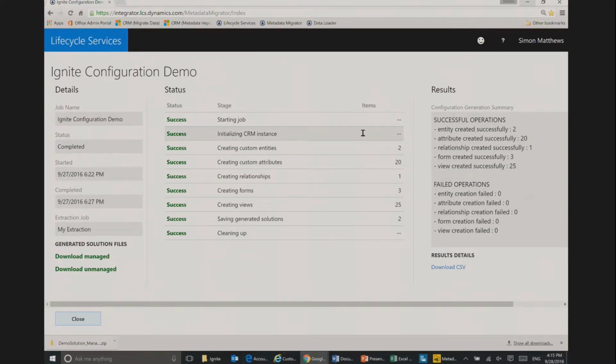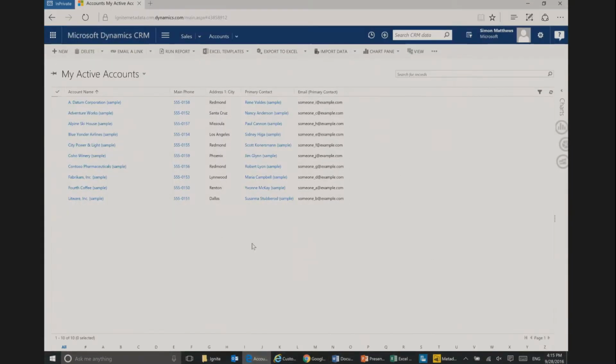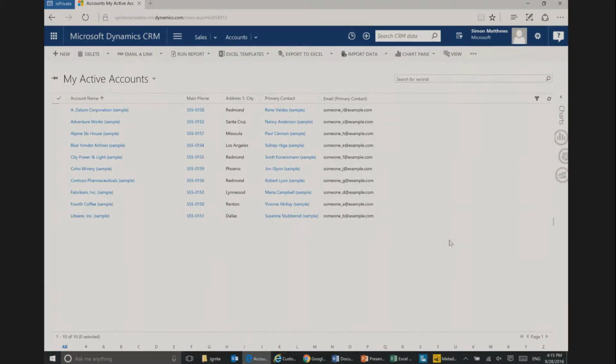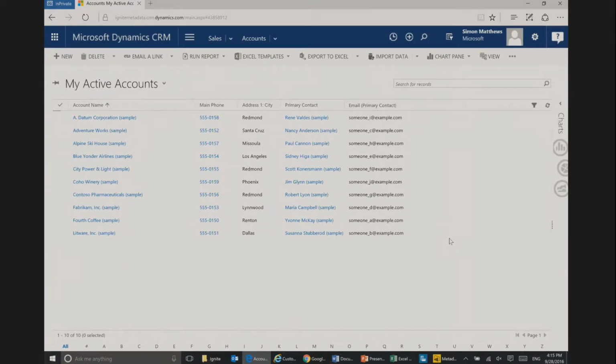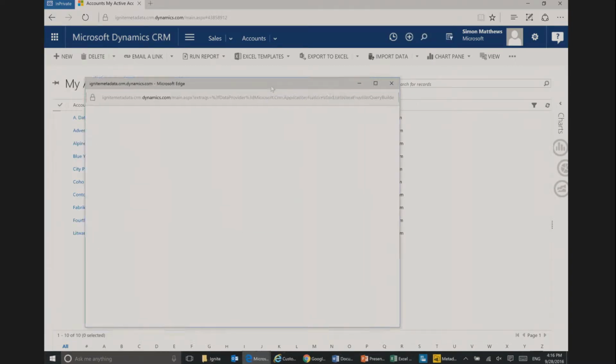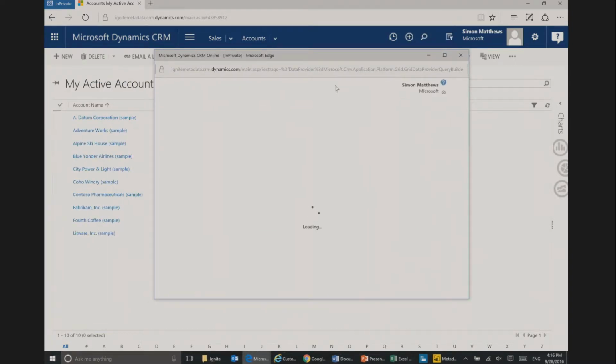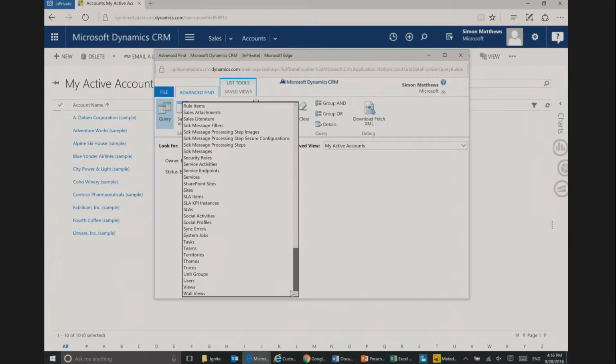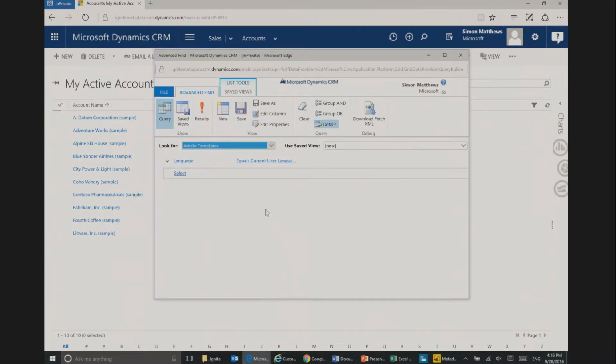OK, so now I have my solution. I can actually just go and fire up my CRM and import it to see what's going on. I'm going to zoom in a little bit on CRM for you. And just so we're not cheating on this, I'm going to pull up Advanced Find and show you that I don't have any of this metadata at the moment in my CRM. So if I have a look at my drop-down of resources or entities, I don't have any widget or widget types